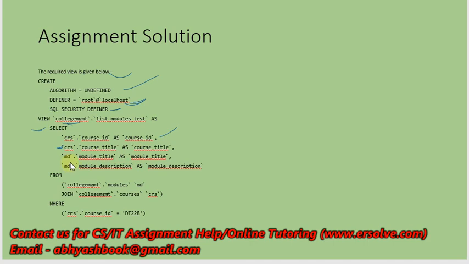Now the next one is md, because here we have represented college modules as md and college course as crs. So this is the reference from which it is taking the data. So md.module_title as module title, md.description, md meaning this module's description, as module description. So these are the records which will be represented in the table, as we can see after executing this query we will get